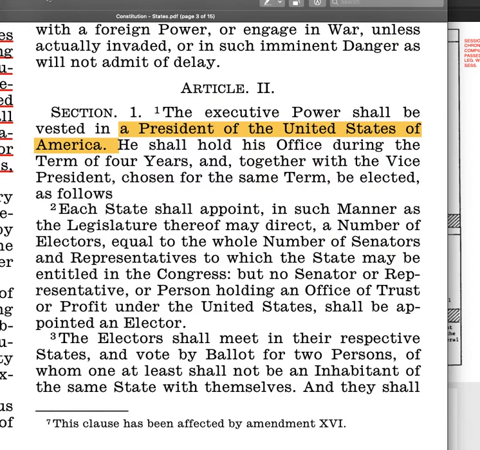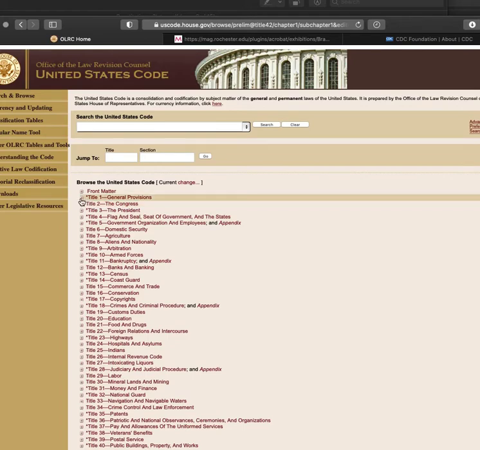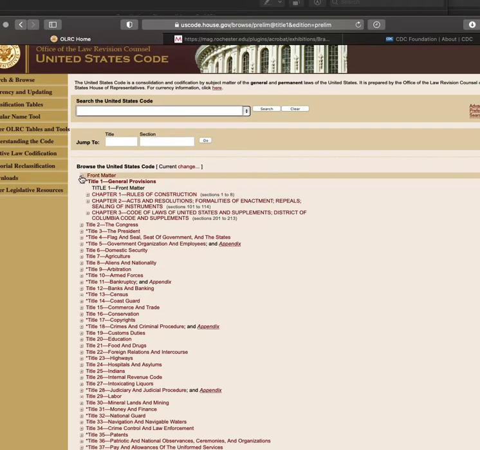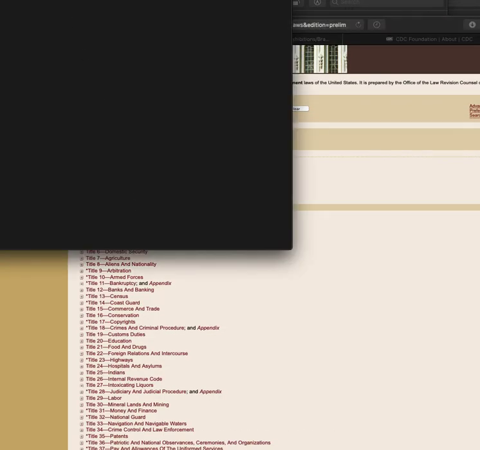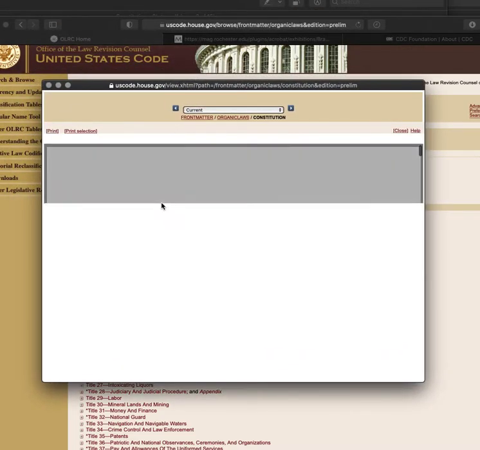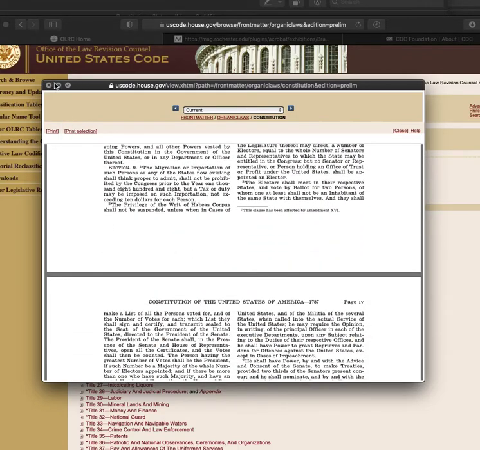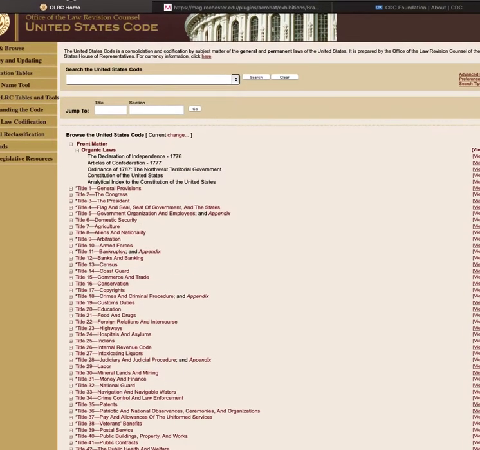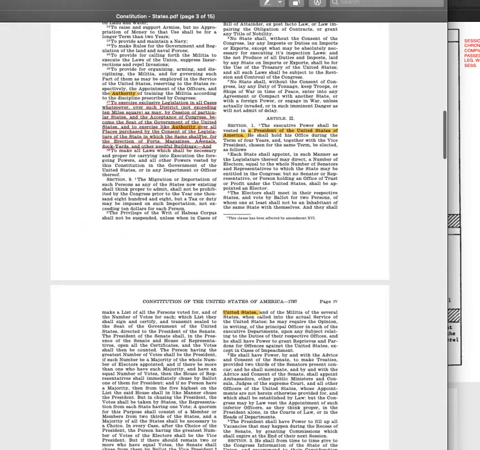And this Constitution is taken right off of their website. Sorry, it's under Front Matter, Organic Laws. It's right here. You can get your own copy right here. This is the one I use. And I use it because I have a facsimile of the actual Constitution, and they're, if not similar, exact in the actual wording and capitalization, punctuation. So that's the one you want to look at. You can go to a bunch of different websites, a bunch of different old books, and they're not going to have it written the same way.